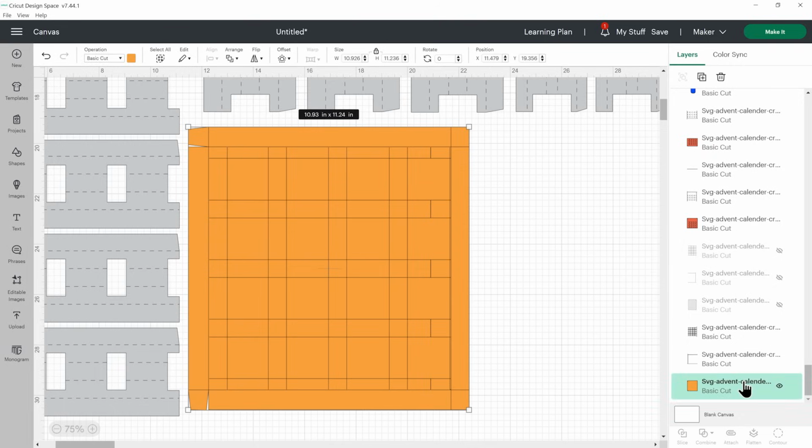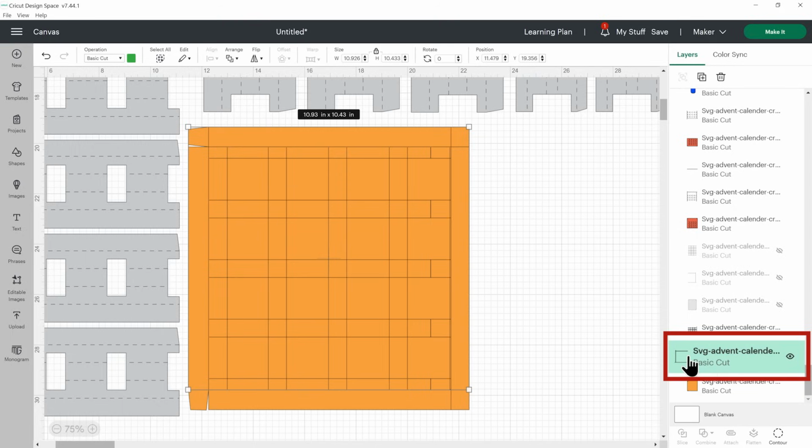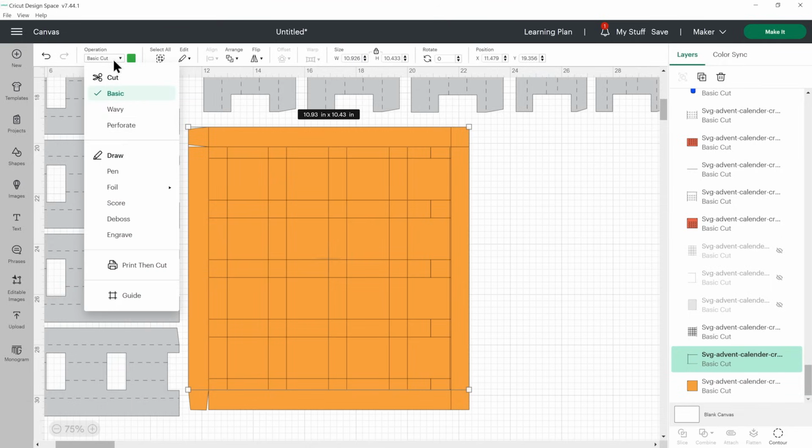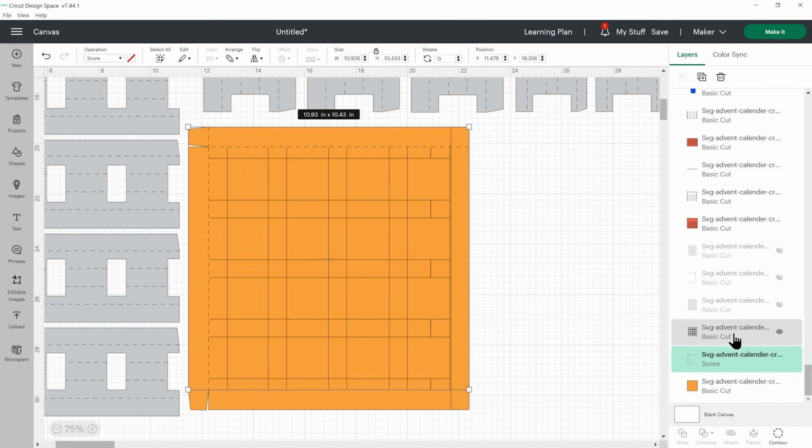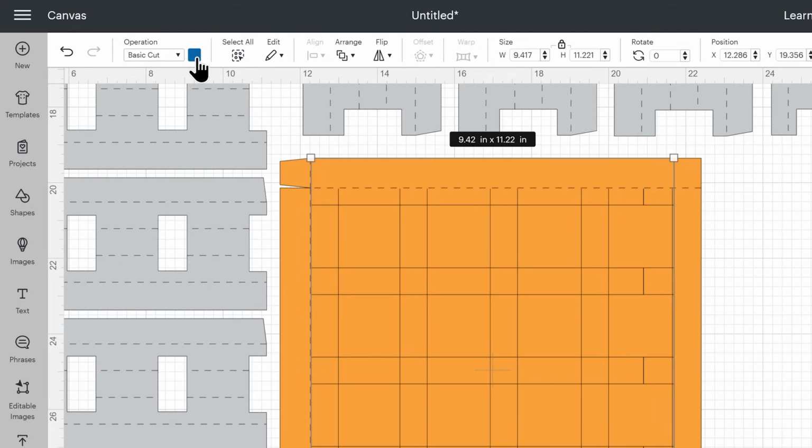So I've got my yellow layer. Then on top of that is one which looks like 3 lines, like 3 parts of a square. This is a green layer. You can see up here it goes green, which means it's going to be score. And then the layer on top of that, which is the grid, this one shows blue, and we've used blue to show a pen line.